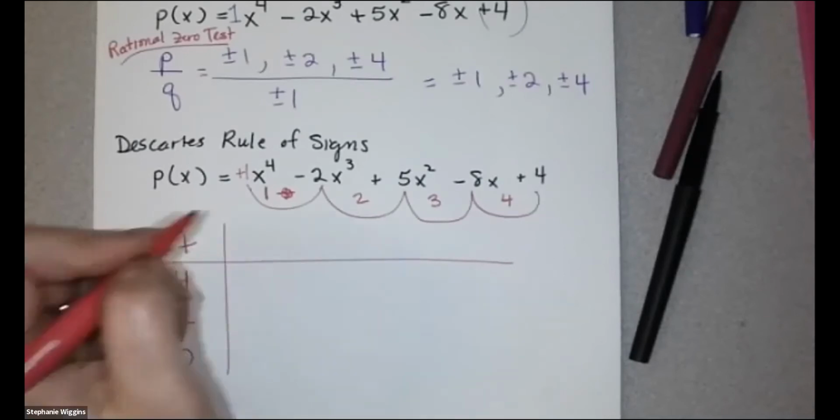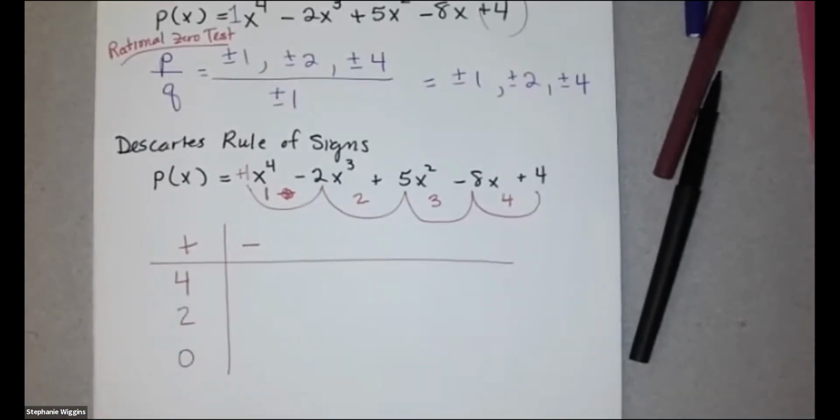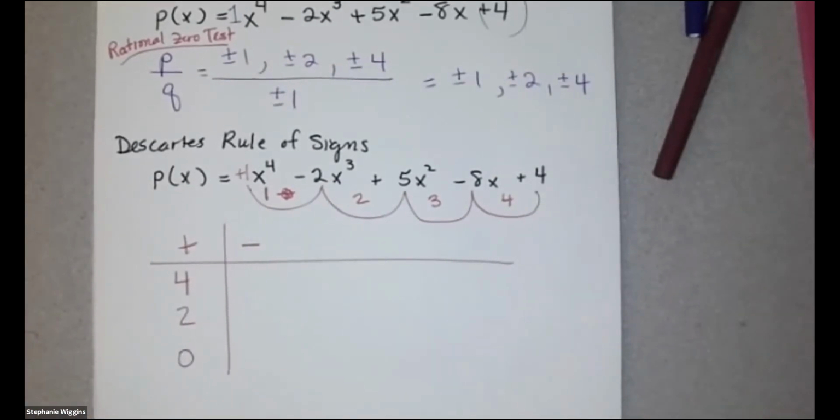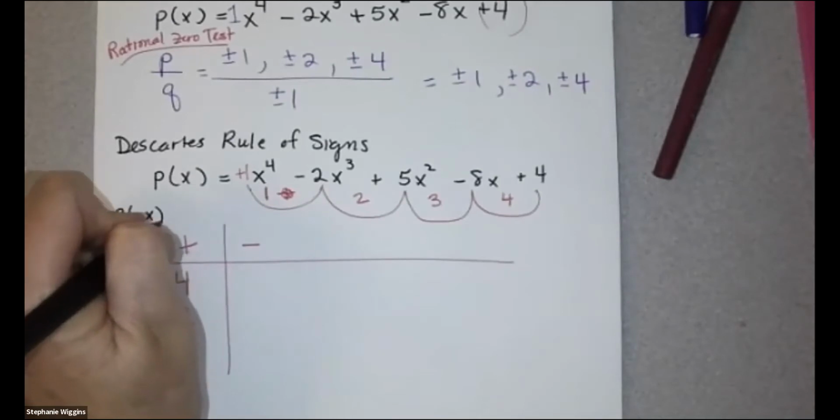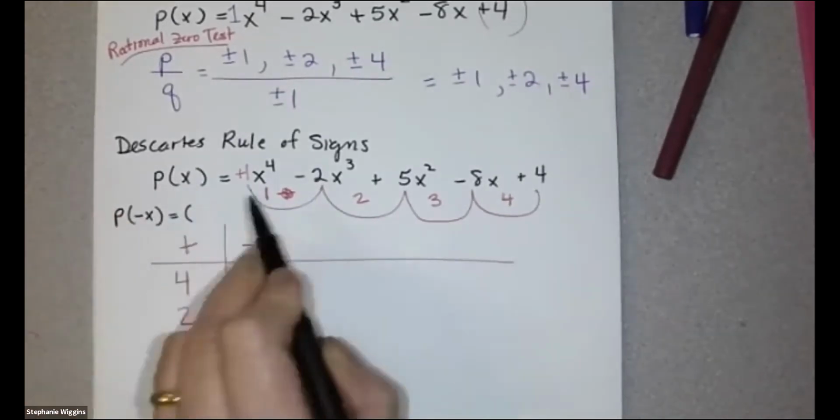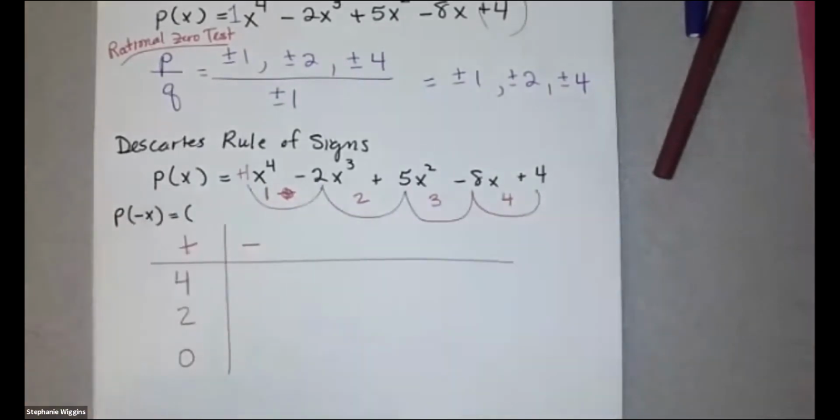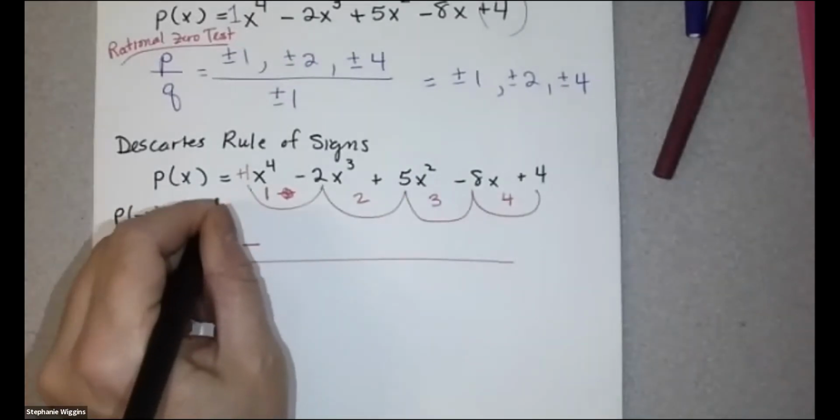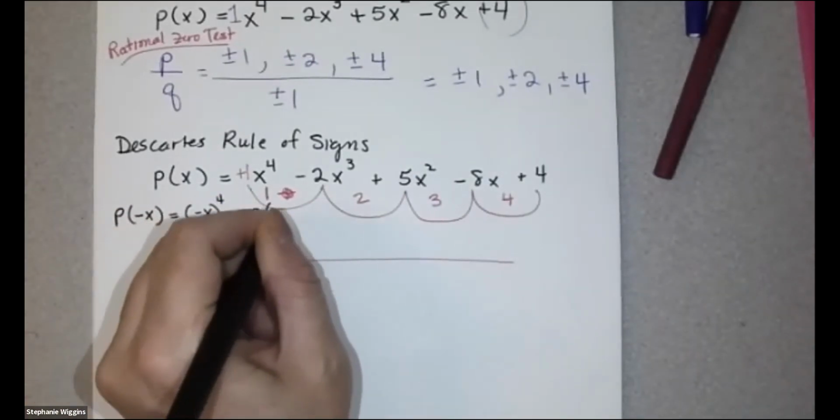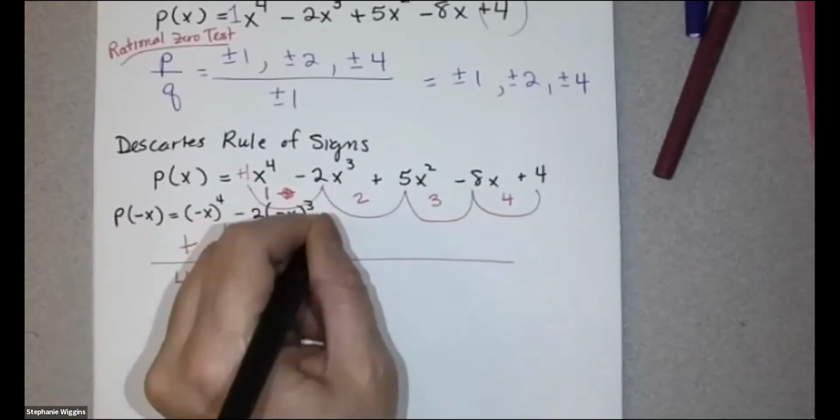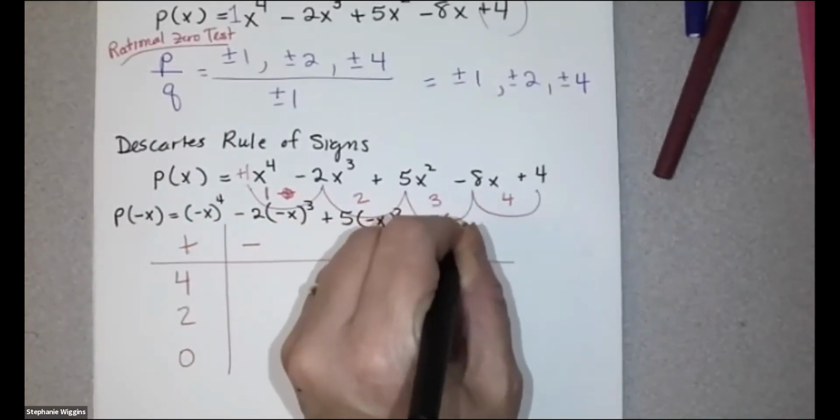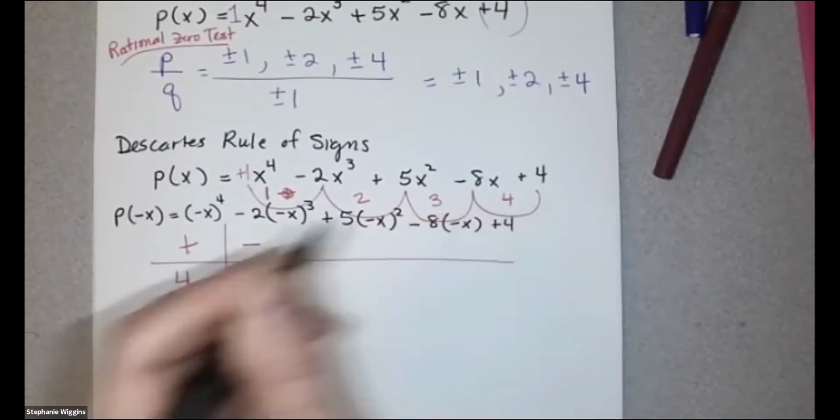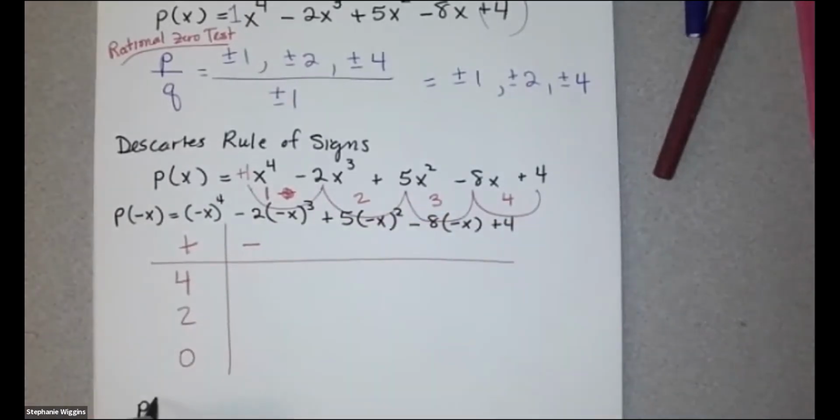Now for the negatives, I didn't leave myself much room to write, but I'm going to go P of negative x. Everywhere I see an x, I replace it with negative x. So I get negative x to the 4th minus 2 times negative x cubed plus 5 times negative x squared minus 8 times negative x plus 4. And then if I simplify that,